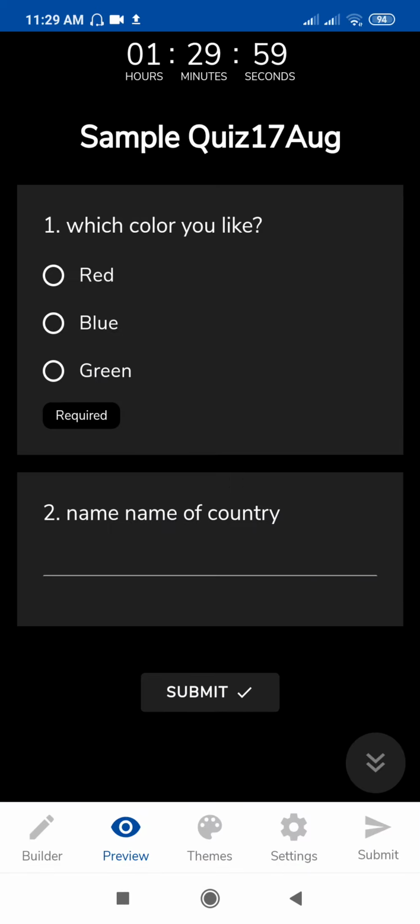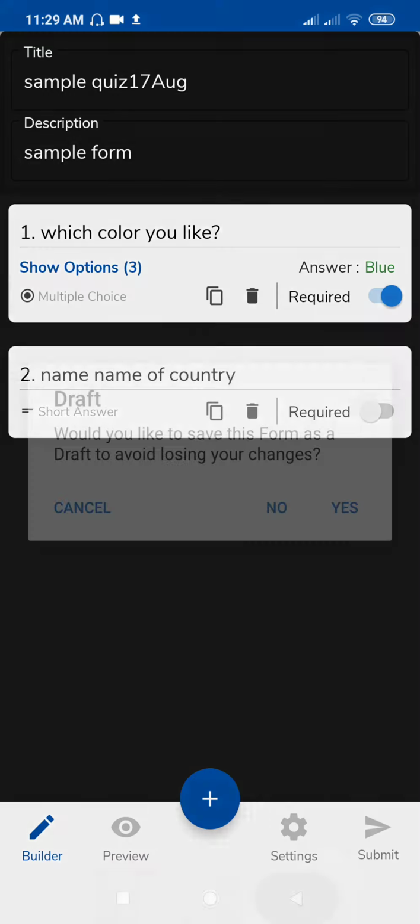See, this is your dark mode with a timer here. I will explain in the next video how to add a timer for your test. See, at the top of this page there is a timer and then the quiz, and click on submit to submit this. Okay, this is one mode. Or if you want to change,